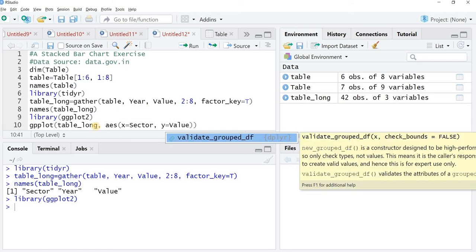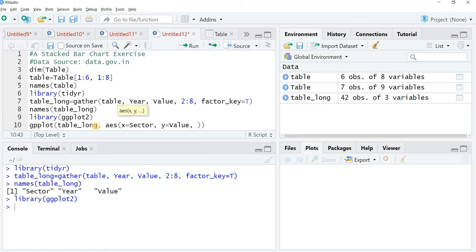Now what should I use for fill? Just visualize the graph. On the x-axis I have put my sectors, on the y-axis I get my values. Now I want the fill. The fill means the color that I wish to fill the bars or the columns. So I'll take the fill as year. So this is the basic syntax.